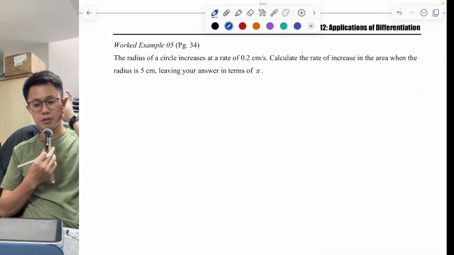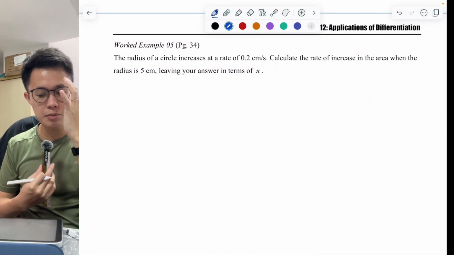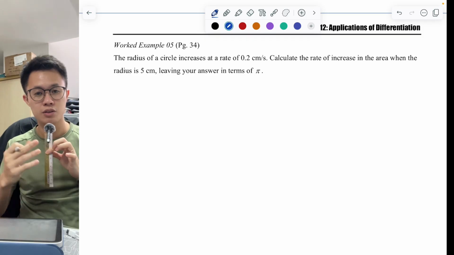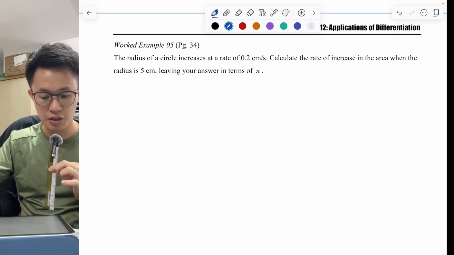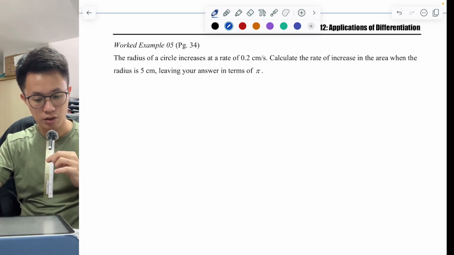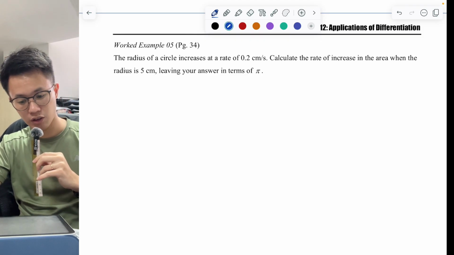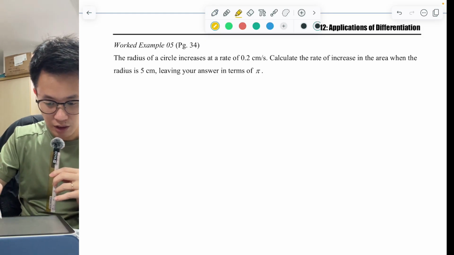Going to go through some very simple examples also. So there's many things we can do, and how we can use connected rate of change. And it's actually pretty simple to draw out information. So the first part of this question is the radius of the circle increases at a rate of 0.2 cm per second. Now from this part,